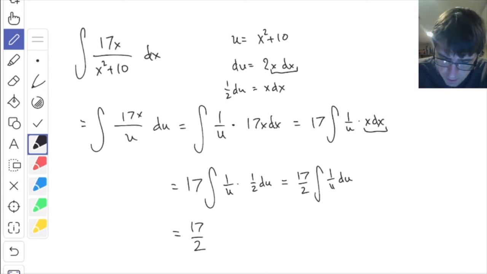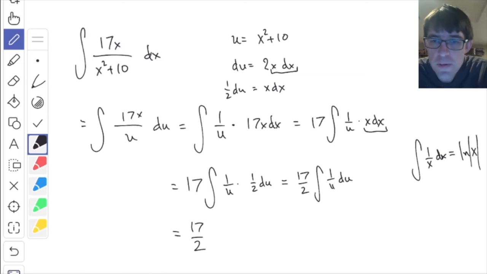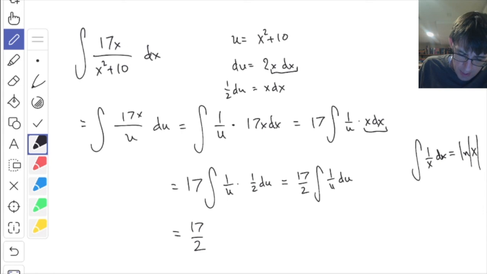You might want to refresh your memory. Usually we don't call it u, of course, right? Is it ln u with the absolute value? You better believe it. If this were x, we would say the integral of 1 over x is ln of x. This was one of those rules that we learned for the integral, right? This is the same thing, only it's u instead of x, so I get ln absolute value u plus c,